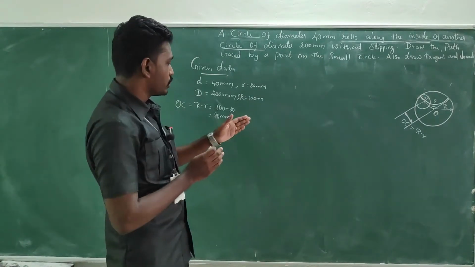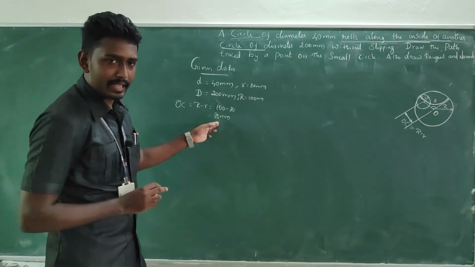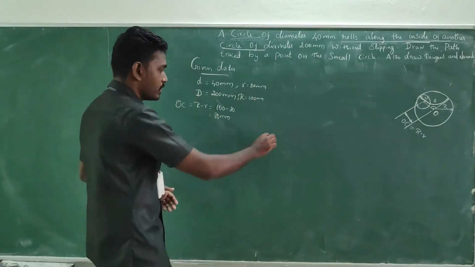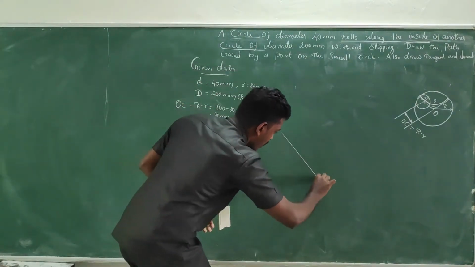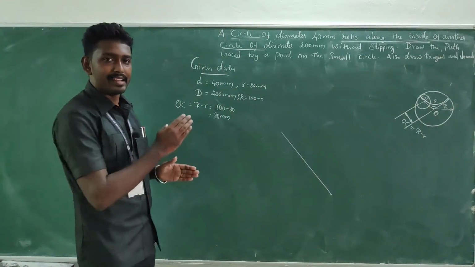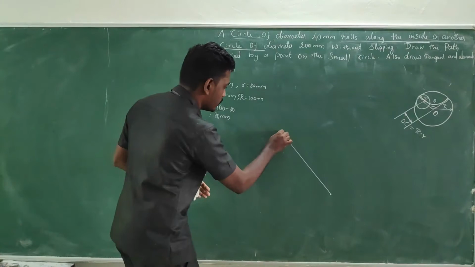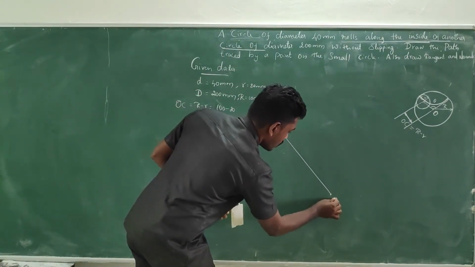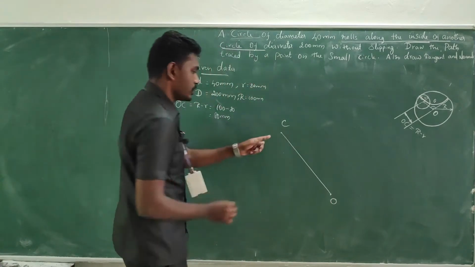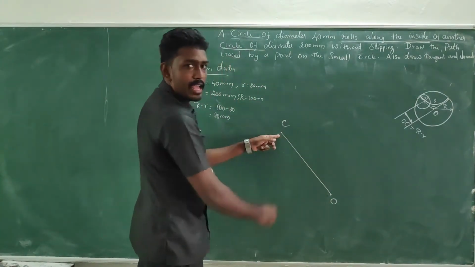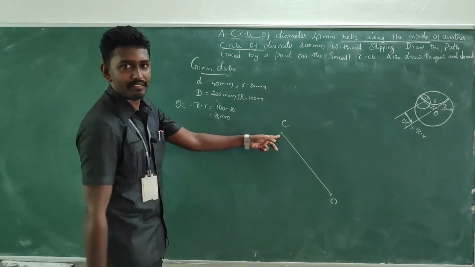So now we're going to initiate the first line, this OC, which is an unconditional line. That means it can be a straight line, or else it can be a horizontal line, or else it can be an inclined line. But the condition is it should measure the distance OC, 80 mm, but it can be either an inclined line or else a vertical line.